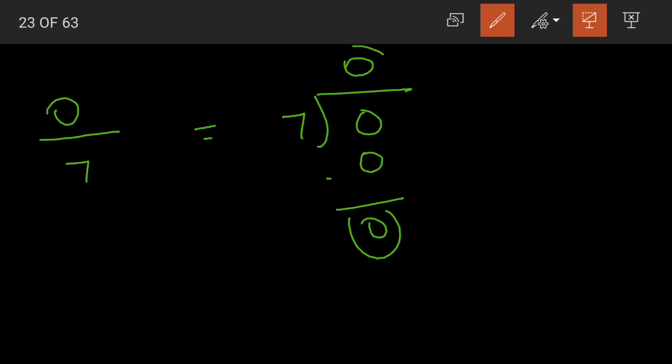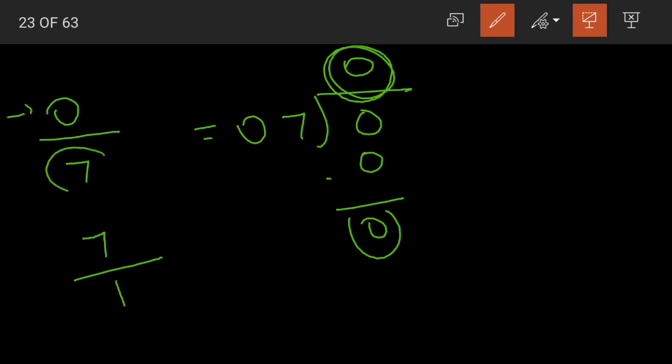So what quotient did we get? We got 0 as our answer. Yes, in the same way, when we divide 0 by any number, the answer will be 0 itself. And what if we divide any number by 1?